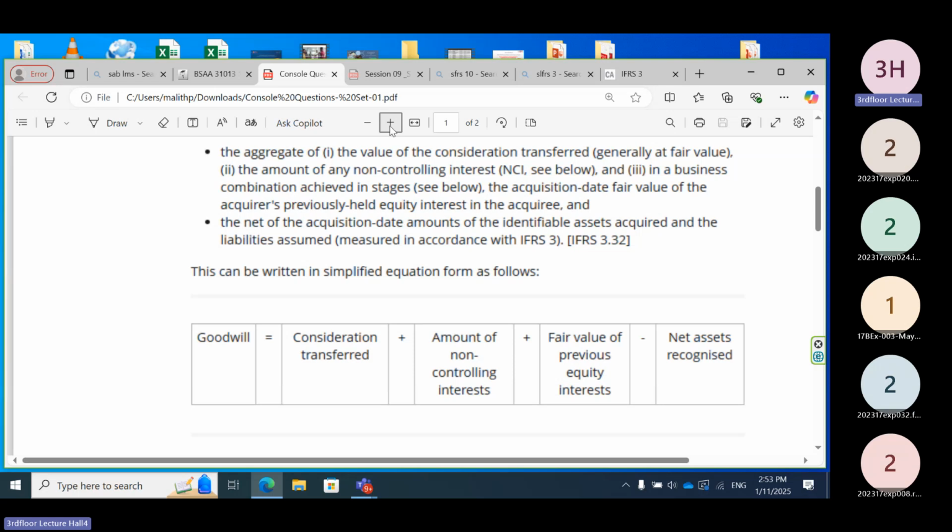This should be transferred to consolidated retained earnings, right? And then, if you have calculated full goodwill method, you are getting gain on bargain purchase. That relate to both companies, right? Both companies. So then this should be transferred to subsidiary